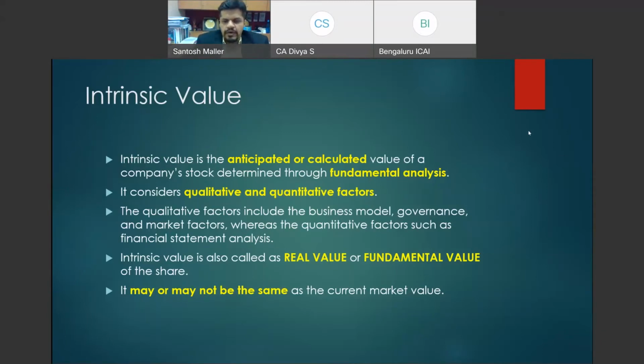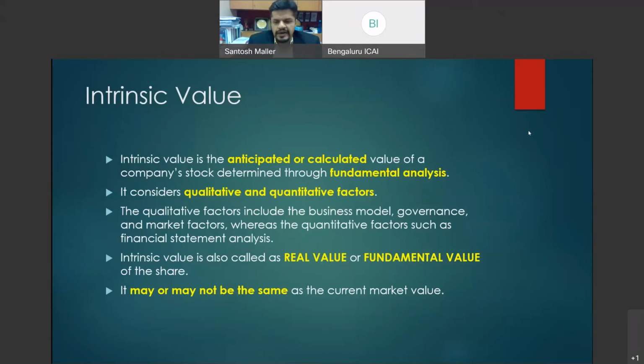Those are particularly important because intrinsic value, all said and done, has to boil down to a number. There has to be a quantitative part to it, so valuation is both a science as well as an art. Why is it a science? Because there are underlying numbers which underlie the entire valuation exercise. It is an art because there is an aspect of quality also.